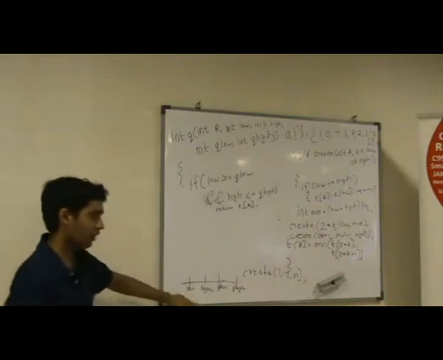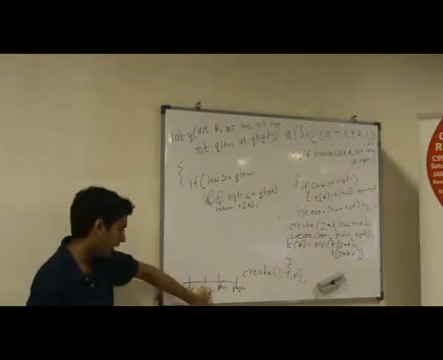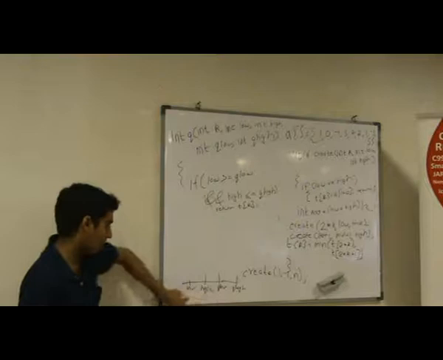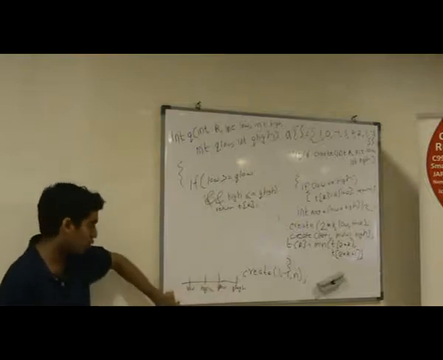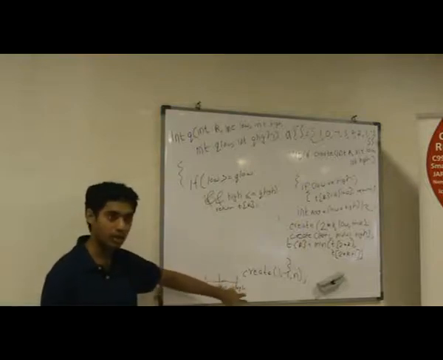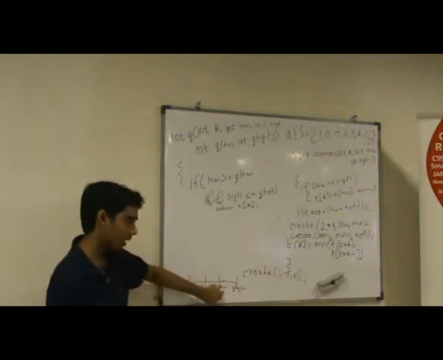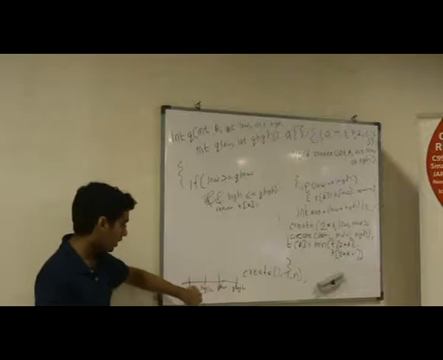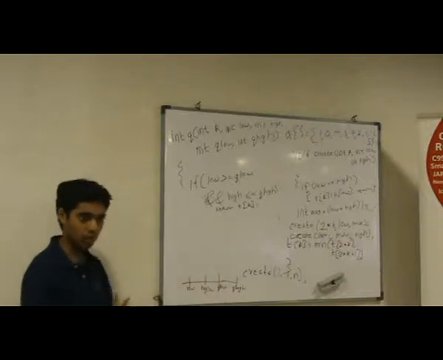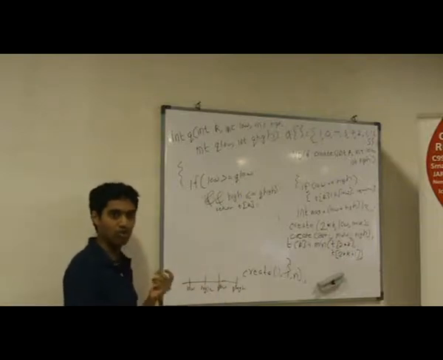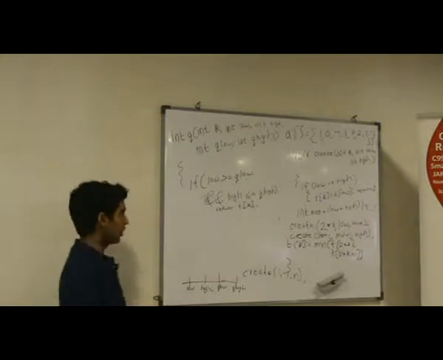This is one case, when this interval has ended before this has begun. The second case is when they swap: the q low, q high is before low and high. In this case, there is no intersection. So what are the two conditions? That high should be lesser than q low, or q high should be lesser than low. In these two conditions, you return some big value because there is no intersection of the two ranges.